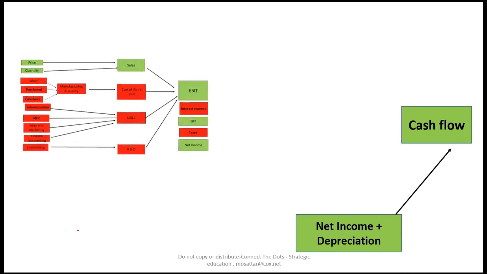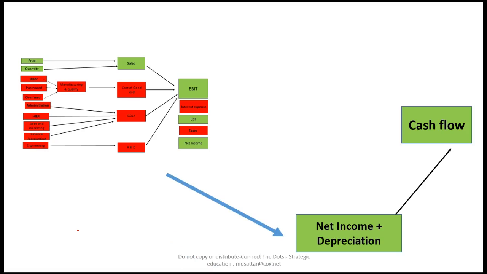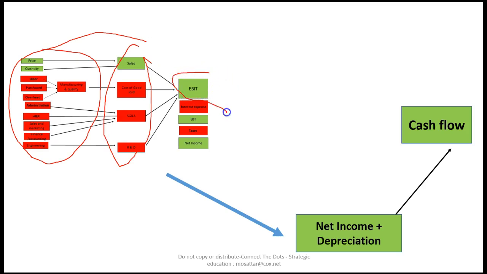eventually, from net income, you obviously focus on cash flow, and we will talk more about cash flow maybe in a different lecture. Also, you're already aware of it based on the MBA 633 that you have taken, and also chapter 2 that you read in the CFIN. But overall, cash flow will come from net income. You add back the non-cash costs, which is depreciation, and all that is obviously coming from net income. The reason this is important to understand is that it connects to the organization structure. This leads to this, this leads to this, and eventually leads to net income. From there we get the cash flow, and then we can start to see.